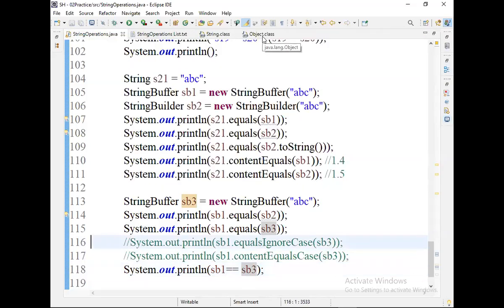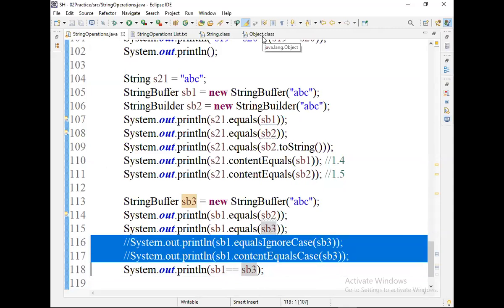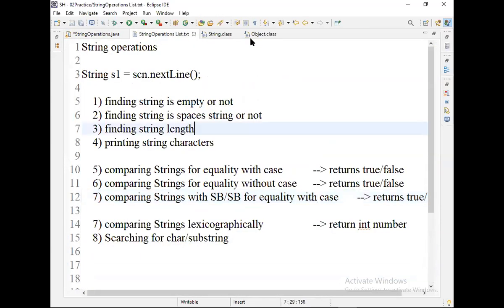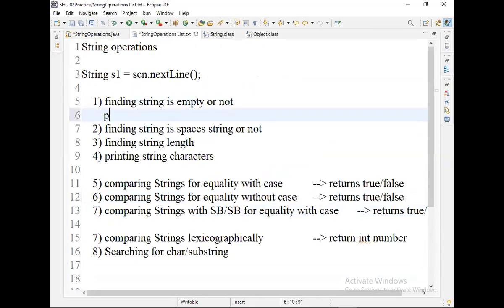Okay, everyone understand? The equalsIgnoreCase and contentEquals methods belong to which class? The String class. So you cannot call these on a StringBuffer object. If you try to call them, you will get a compile time error. Any doubts? Up to now, any doubts? Tell me what methods you learned here.